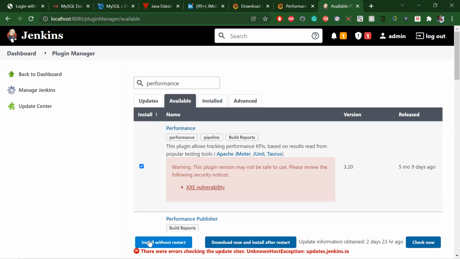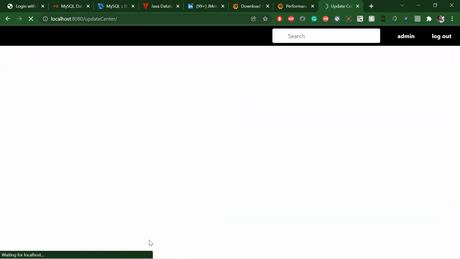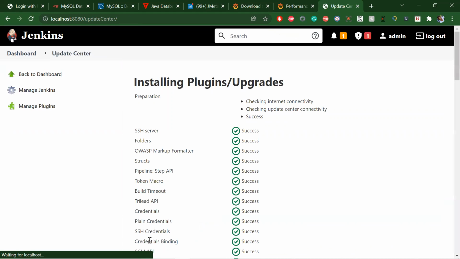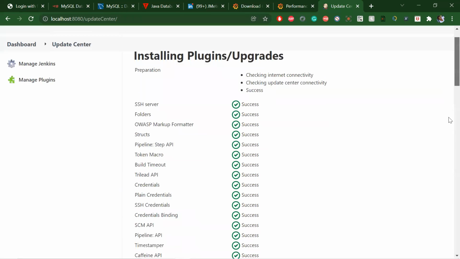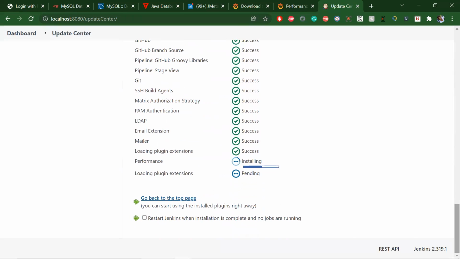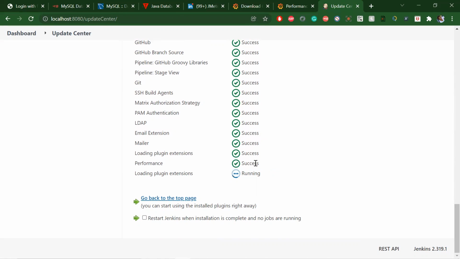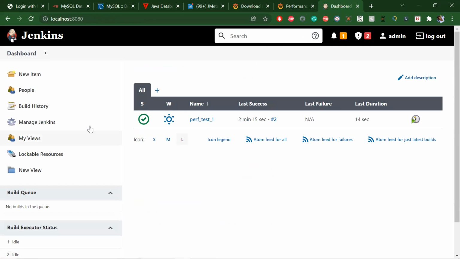That's why I will select install without restart. Okay, installing. Let's wait for this. Okay, it's done. Let's go to our job.